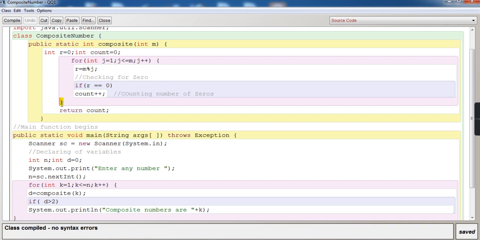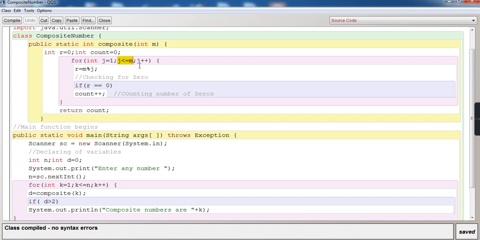Now this is the closing curly bracket of the for loop, which will go back to this particular place, that is update, and j will become 2, as j was 1 initially. So 2 will go to the test expression. We'll check the test expression for true and false.